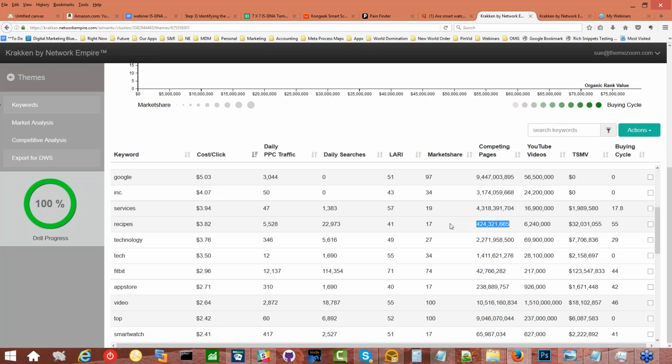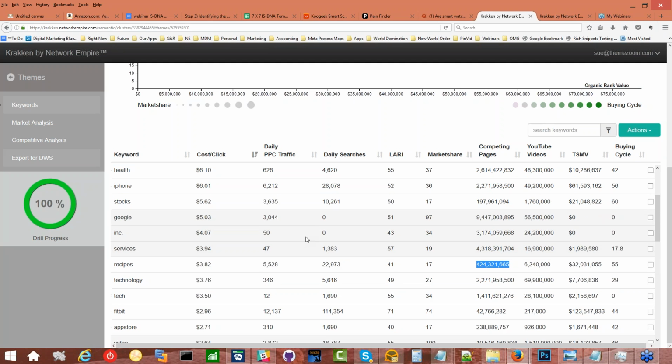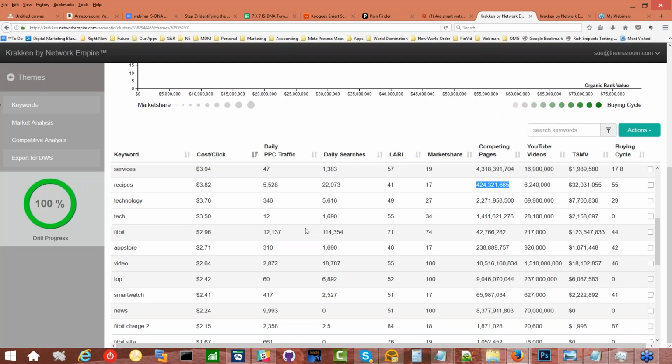Exactly. And so then the next level up from 500 million pages is going to be 4 billion pages, right? So things like services and Google and those kinds of things, they're not actually counted as part of the theme because they're so many magnitudes larger than the actual keyword that we drilled into. But if you're looking to try and figure out what market Fitbit sits in, it offers you those kinds of keywords so that you can see that. So you've got video, you've got top, you've got news, services, Google, and like